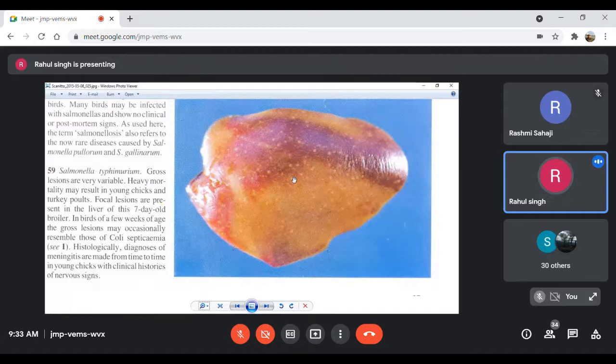The lesions vary from case to case, and this may be very large to very small spotted appearance. You can see the edge is showing congestion and hemorrhage. Whether it is only congestion or only hemorrhage will be confirmed only on histopathology, but apparently by experience I am telling both will be found in this kind of redness. And these are the necrotic foci.